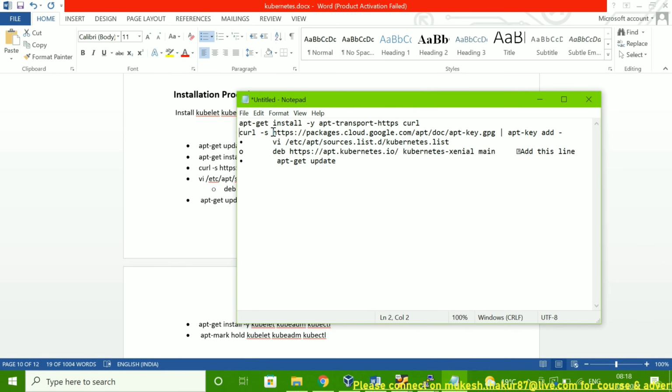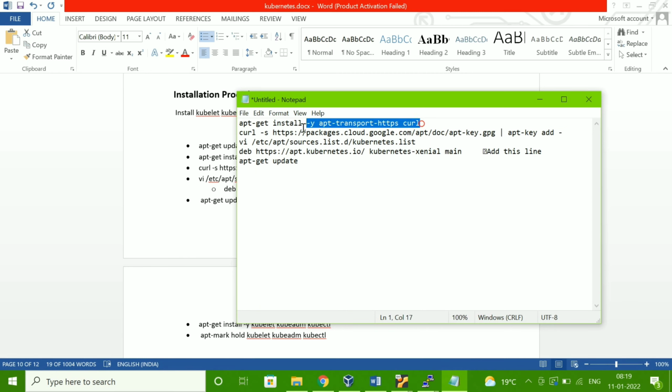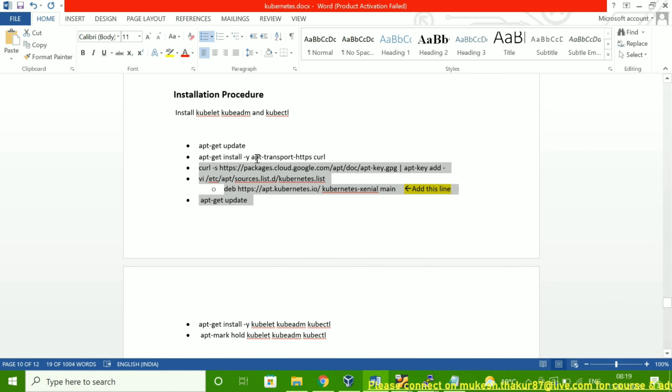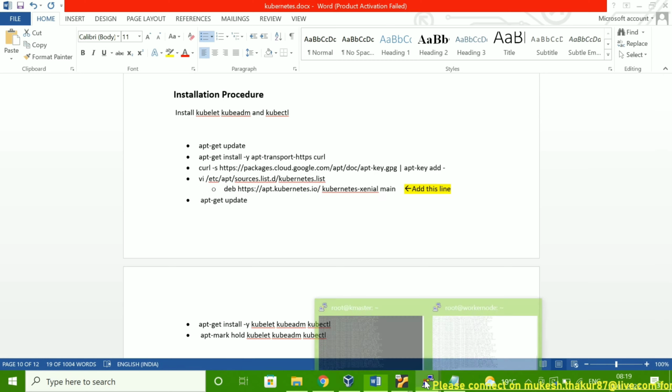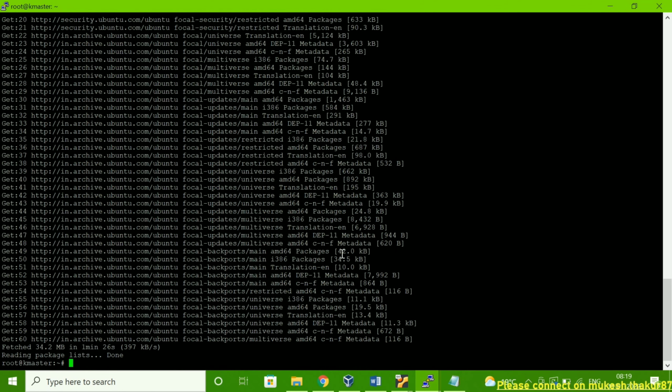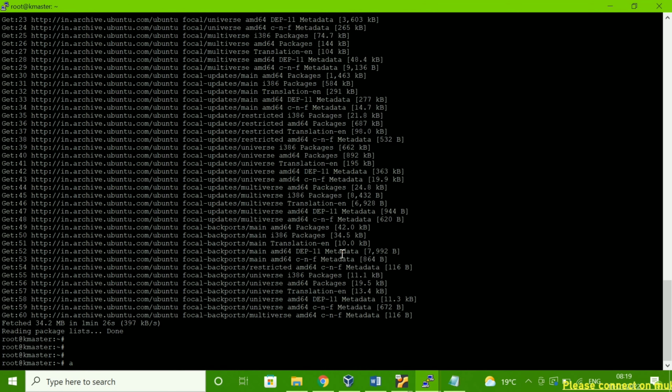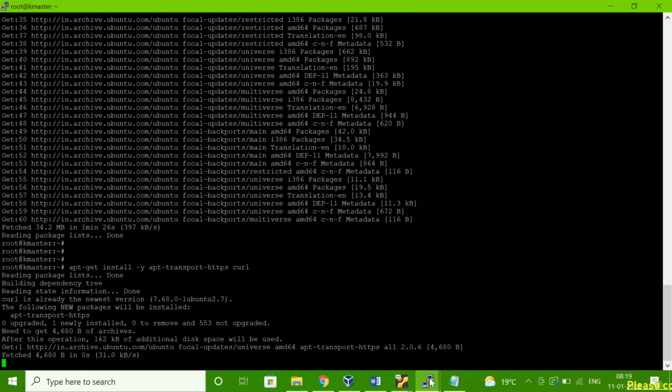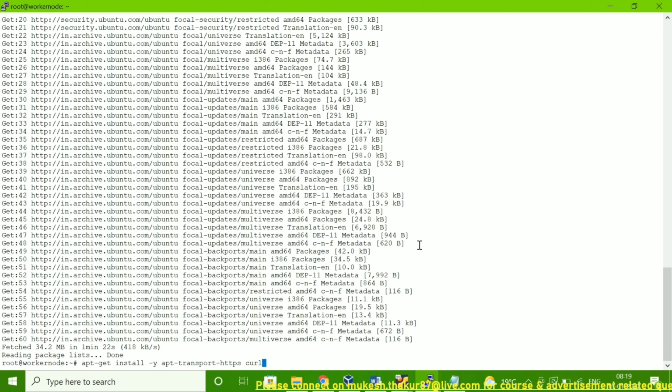Let me remove this one also. Okay, so now we can run this command. Same command, you can see. Second command we are running now. Okay, done. Let me run this one. Here also let me run.